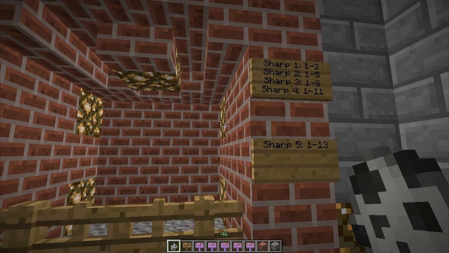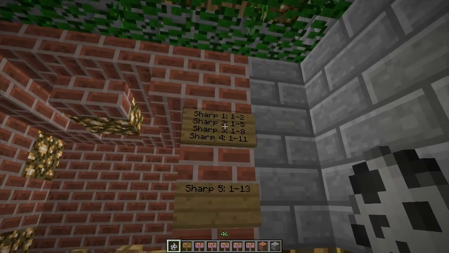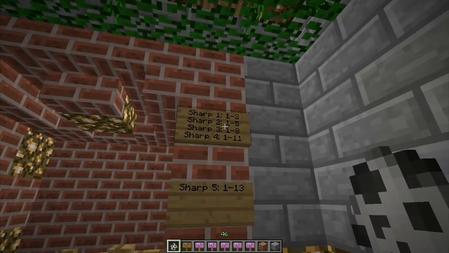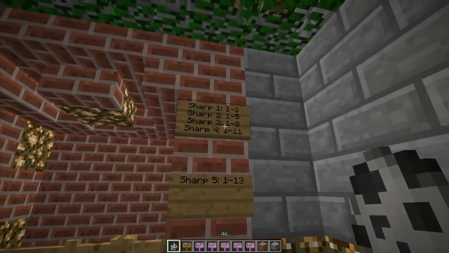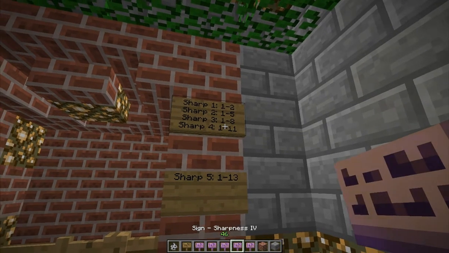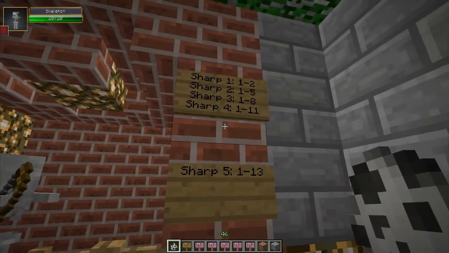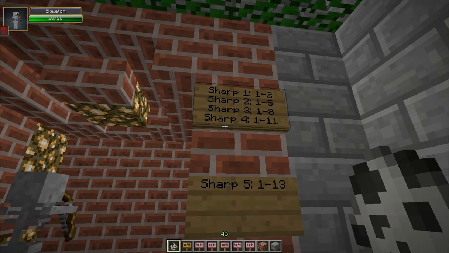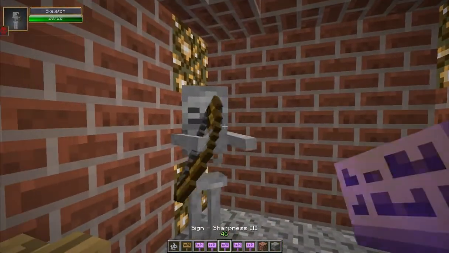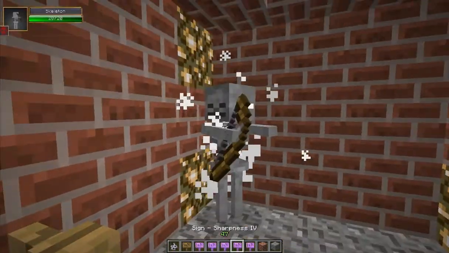Now, Sharpness will apply a random bonus to the base amount of damage of the weapon based on the quality of the Sharpness. Sharpness 1 will add a random amount of damage between 1 and 2, whereas Sharpness 4 will add a random amount of damage between 1 and 11. So if we take our Sharpness 4 sign here and we start beating these skeletons, we should see a pattern of our sign doing between 2 and 12 damage for Sharpness 4. So 3, 2, 2, 7, 7, 12. Okay. So you can see,